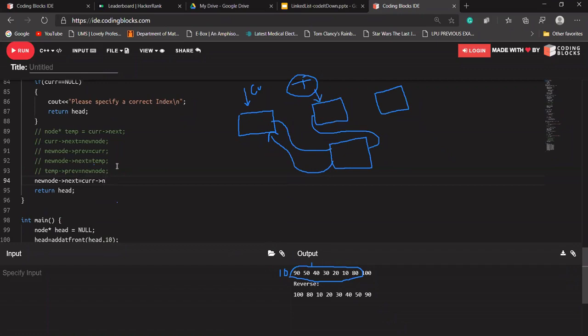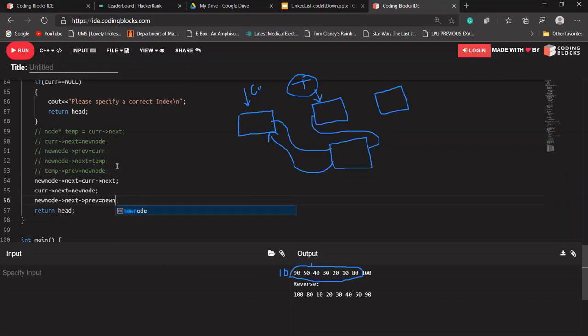Let me write current's next, and current's next will point to new node. And new node's next previous will point to new node, as I think we have updated every pointer.